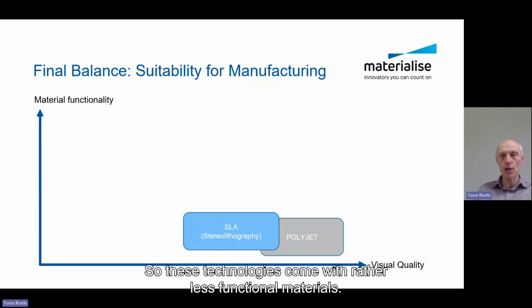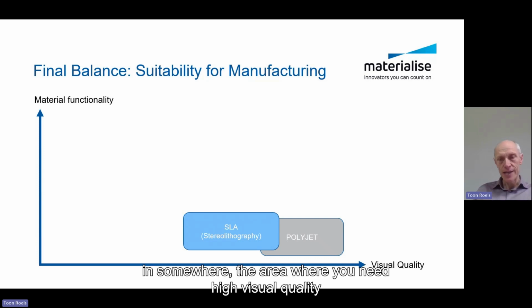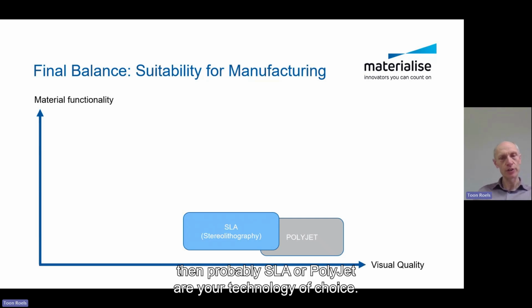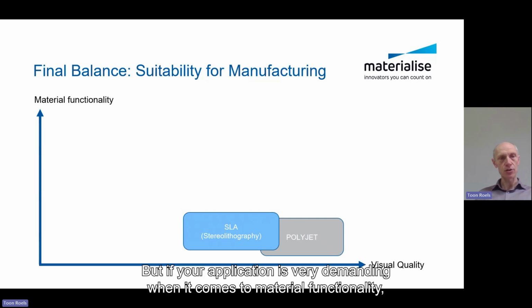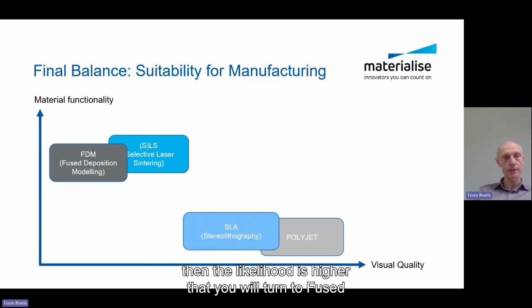So these technologies come with rather less functional materials. And of course, if your application is situated in the area where you need high visual quality and you don't need such excellent raw materials, then probably SLA or PolyJet or your technology of choice. But if your application is very demanding when it comes to material functionality, then the likelihood is higher that you